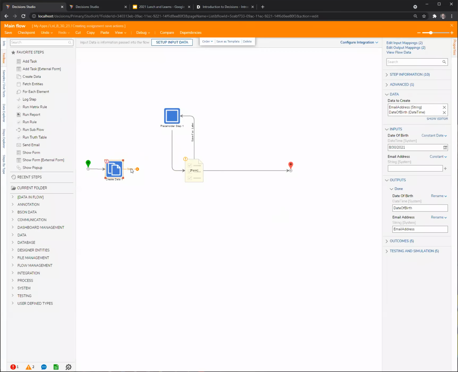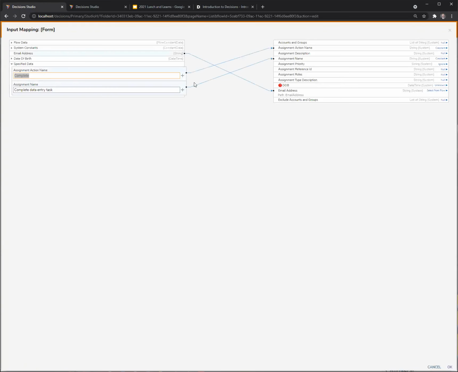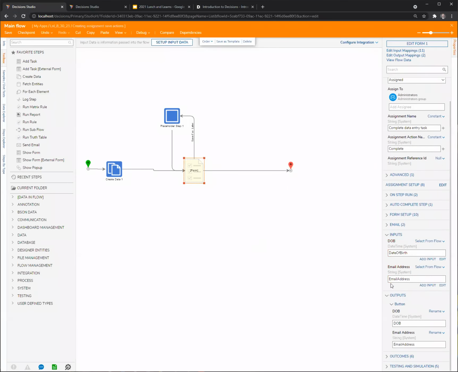And I'm going to map those into my form here. So if I go ahead and look at input mappings, I can map date of birth to DOB, and it has already auto-mapped email address for me. And then here, what I'll do is on the output for my button,